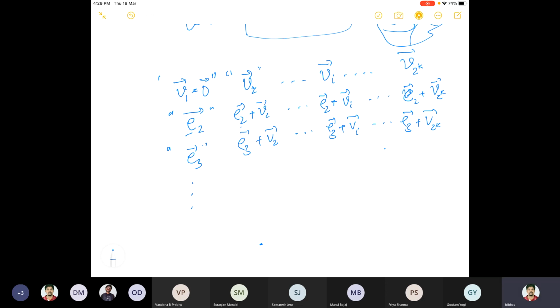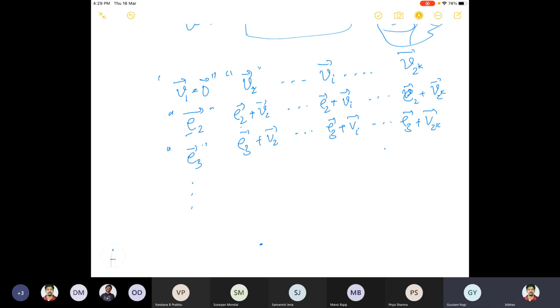Right? And I don't want to do that. So I want to create a different array. So I have to choose E2, which is not used previously. Then I'll choose E3, which is not used previously. And I keep on doing this. Then the question is, how many rows will I have then?